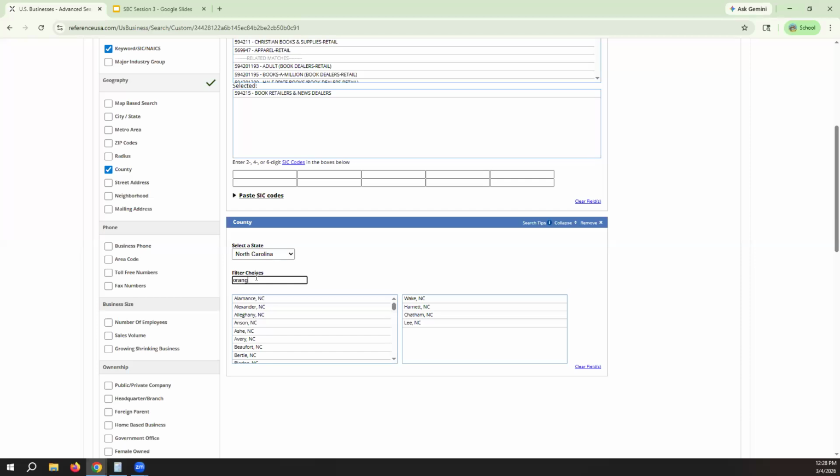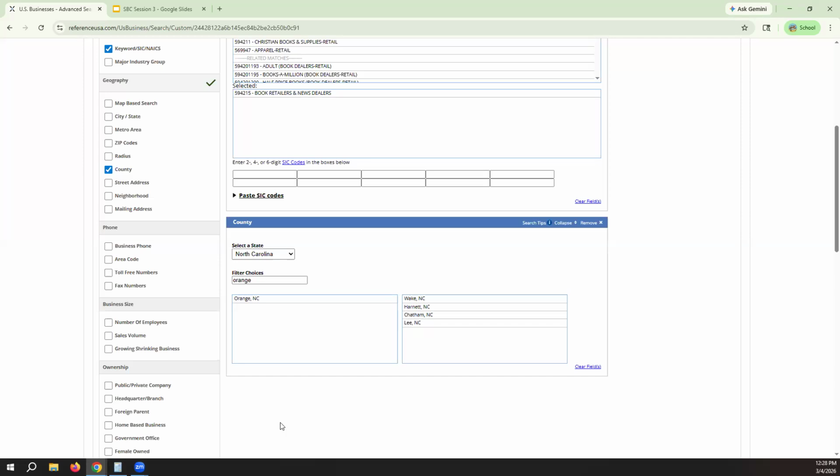Now let's say, for example, I'm like so excited. I can't wait. I'm going to search Orange County too. This is great. And then I'm like, well, you know what? That's actually too much. I think I ought to take one off. I can click on whichever one I don't want, and it's taken right off. Just like with the keywords, you can add a few things, and then you can say, well, that's kind of a lot. I'm going to take that off. So there's a couple of different ways that you can do that.